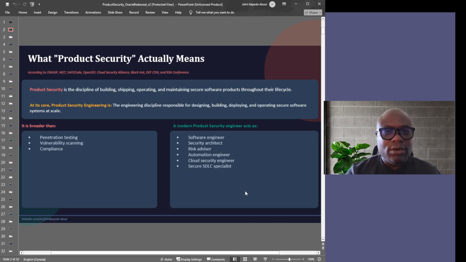Now, at its core, product security engineering is the engineering discipline responsible for designing, building, deploying, and operating secure software systems at scale. That is what product security is all about. If you look at it very well, it's more or less like software engineering, but with a focus on the security of it. Now, this is not just penetration testing,